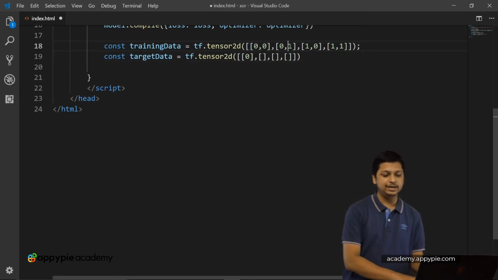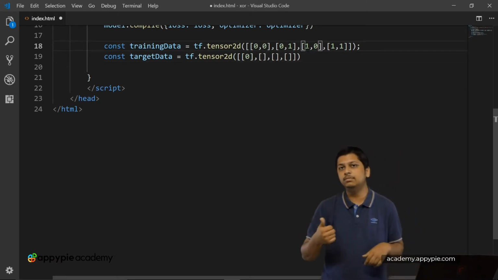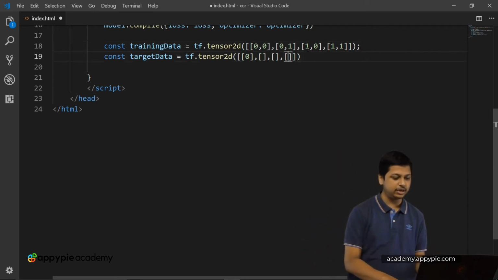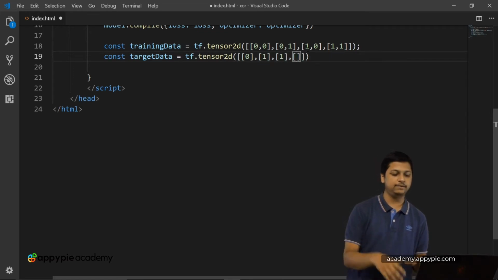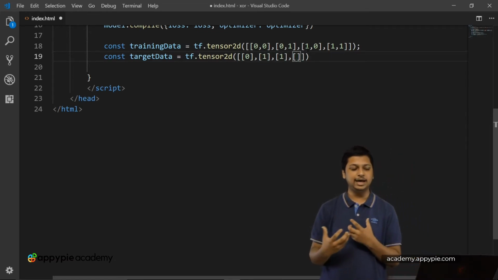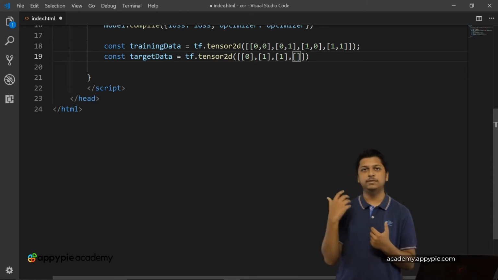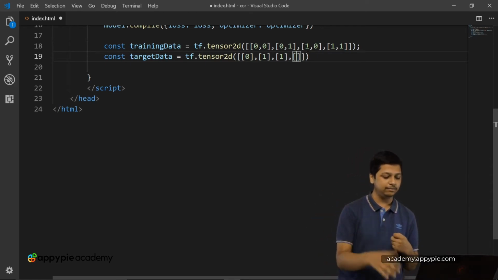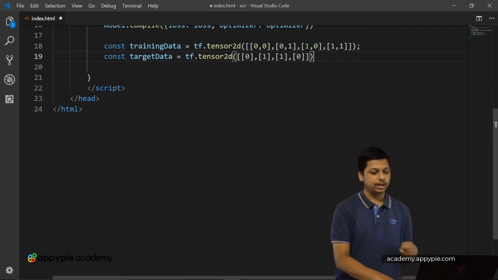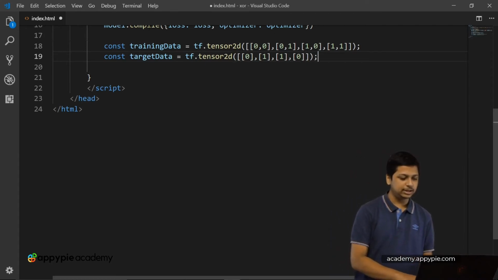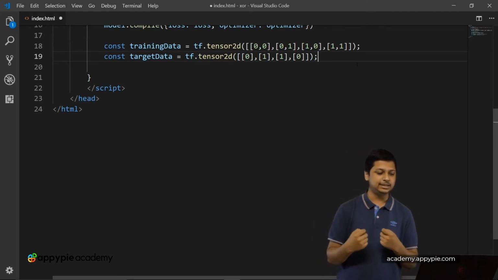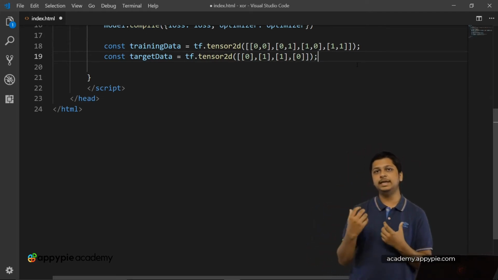Then for the second and the third case we have 1 one, which is an odd number, so we'll have 1 in both cases. And for the fourth case we have 2 ones, which is again an even number, so for that we'll have 0 as the output. This way the training data and the target data will act as the input which will then train the model.